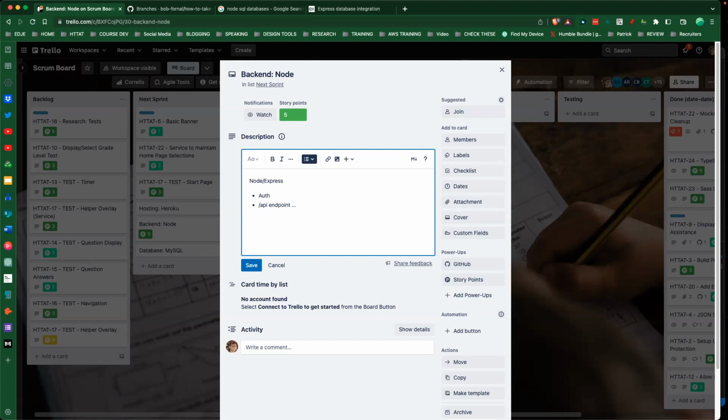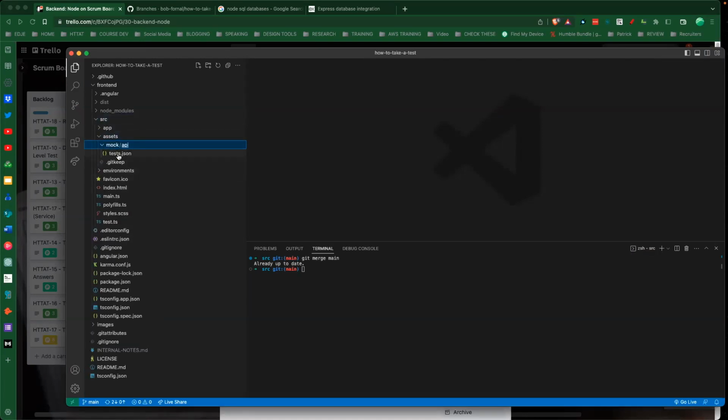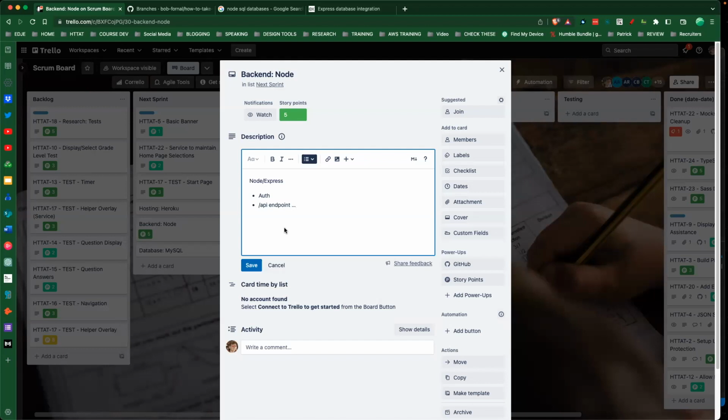Let's put one endpoint in initially to send back a mock set of data, right? So in our app right now, we have test.json. So what if we copy this file over to our backend and we have API/tests, and this is what it returns initially. We don't have to worry about database. We just set it up, get the auth working, figure out how to get the auth working on the front end, and all the pieces pass back and forth. So we know we can't get to it without authentication. The front end figures out how to get the authentication, and the two pieces start talking to each other, and that one file can get sent back. So it'll be /API/tests returns copy of tests.json